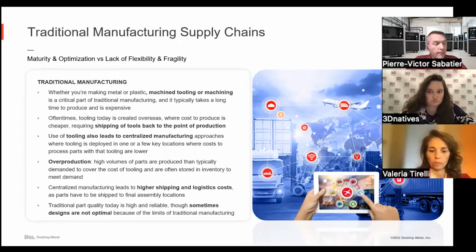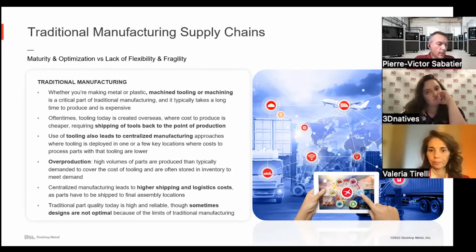The second point, we overestimate the simplicity of traditional manufacturing. Just because we've used machining, milling, casting, forging for the past 50 years, people are used to it, and so they think it's easy. But if you talk to a production manager somewhere in France or in the world, they will immediately explain that even without the new challenge of the supply chain, this world is not easy and it's more and more complex.